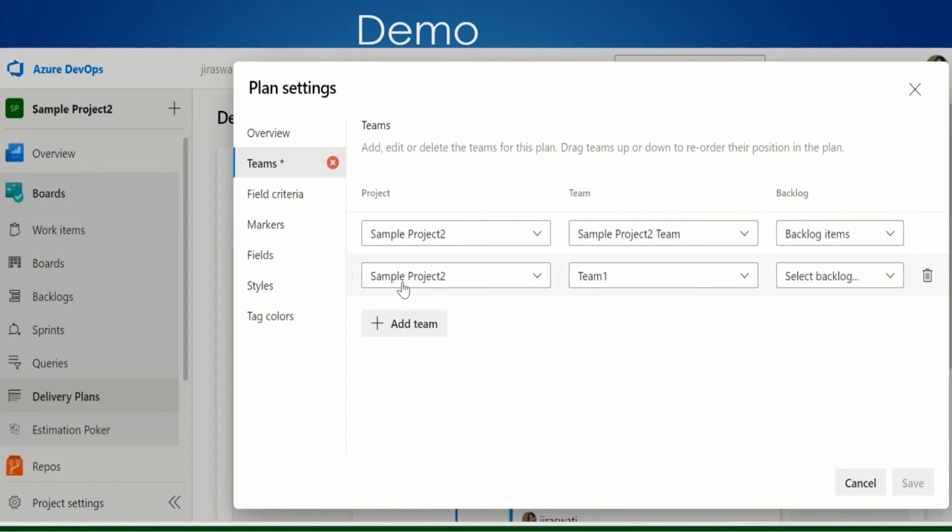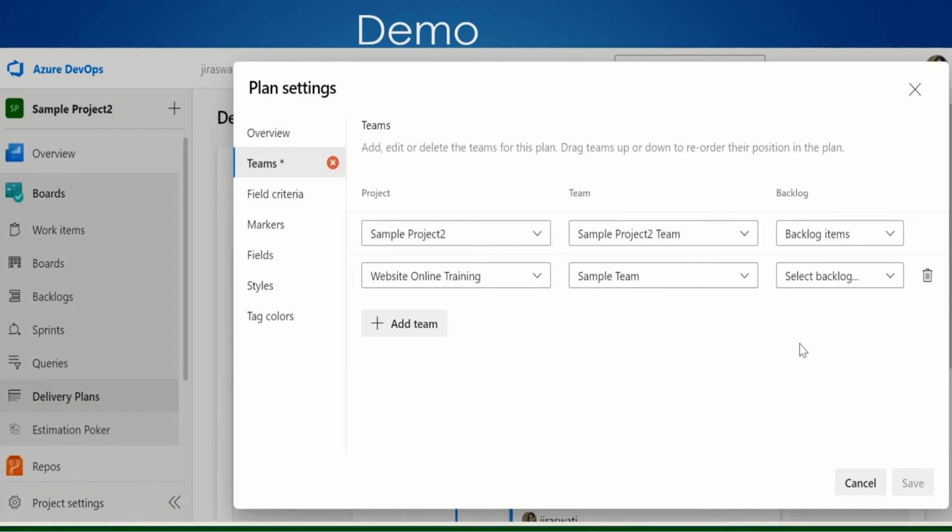I want to add a team, which we have an option. So I'll add a team, team 1, for the sample project 2, but it is not in this. I think it is in, I don't remember, but let me try. So sample team, okay, if I select this project, then sample team is there.